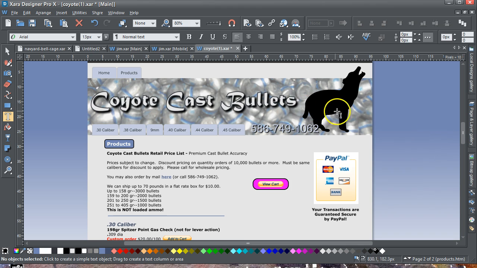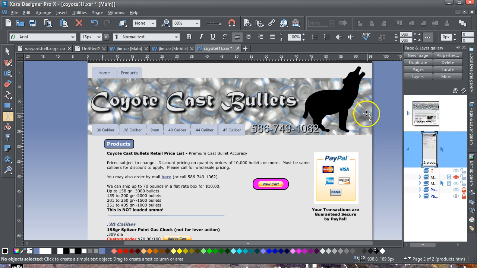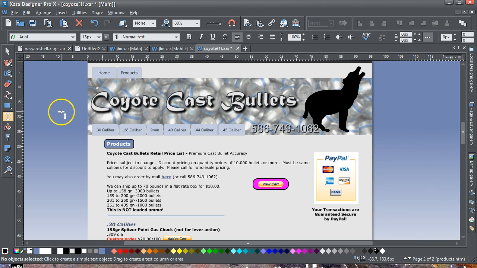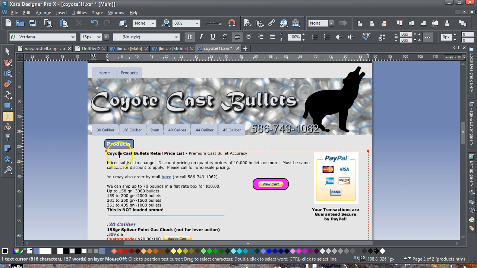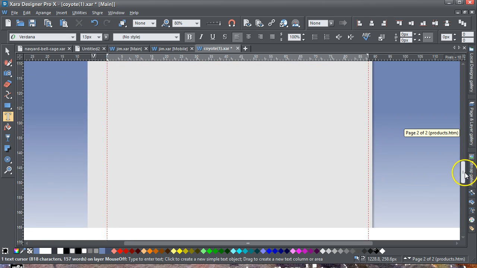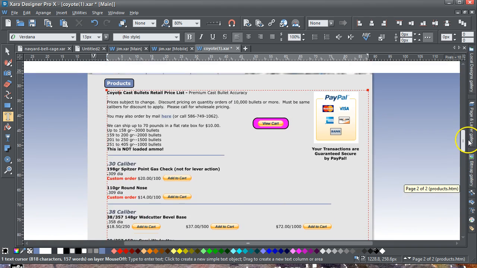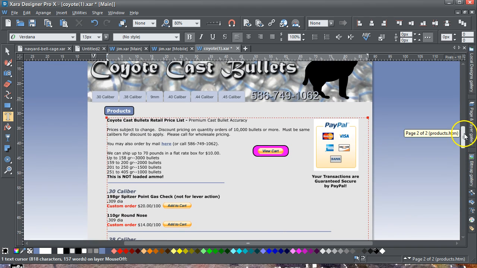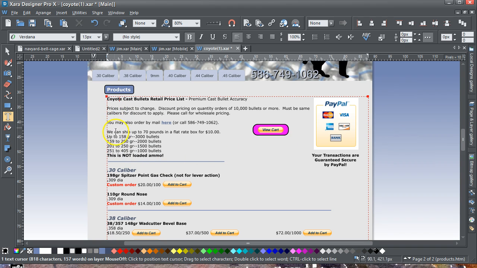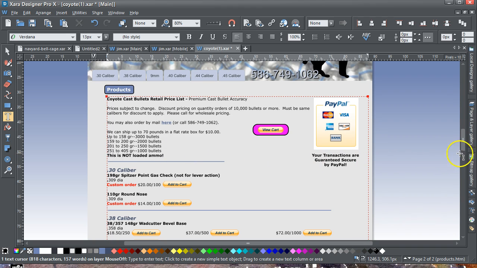I'm on, let's have a look, on the products page here, and the first thing I notice is that if I select the text here, you've got one text cursor, and that is the whole page is in one text cursor. I can understand, say, having that bit, say this bit there, in a text cursor and then giving something else